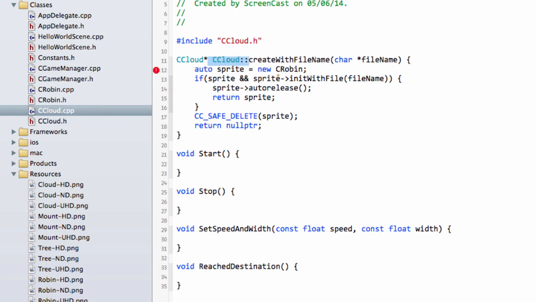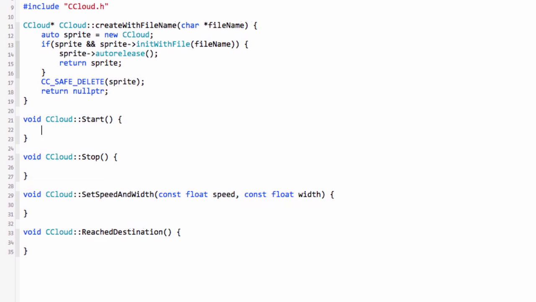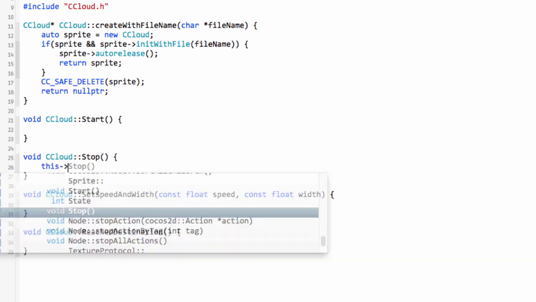So we've got create with file name. I'll just drop this in front of the start, stop, set speed and width, and reach destination. Okay, so we have auto sprite equals new C Robin, everything gets initialized, and we're all okay. So for the start then, in fact no, let's not deal with the start. Let's first of all go to the stop because it's the easiest one. We can say this and stop